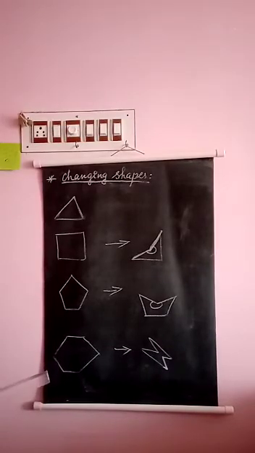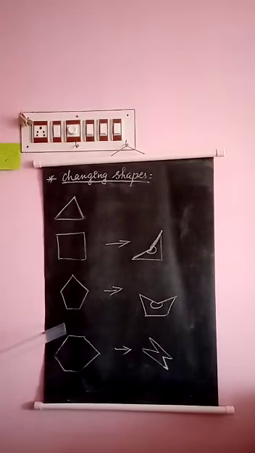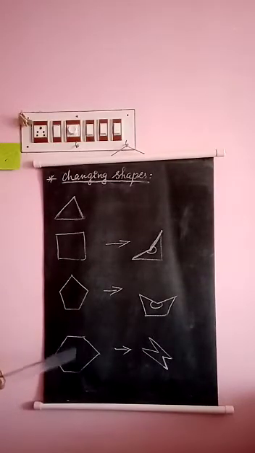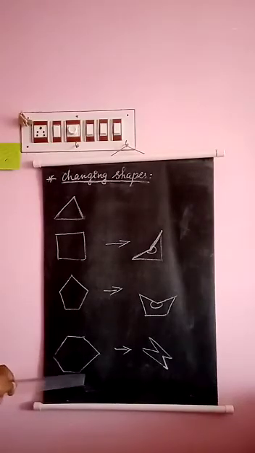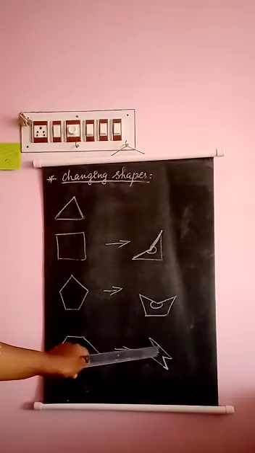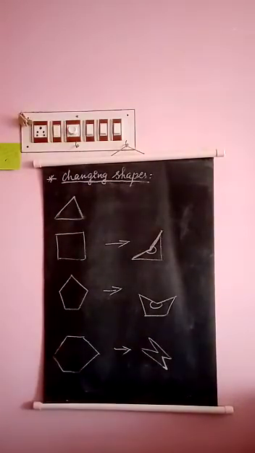Clear? Now this is a hexagon with 6 sides. Here I give pressure on both sides, on this vertex and on this vertex. So when I give pressure here, these 2 sides come inside, and when I give pressure here, these 2 sides come inside. So the figure formed will be like this. Here we have 2 reflex angles inside the figure. Can you see this? So if any shape is in the shape of a triangle, then it is very strong compared to any other shapes.